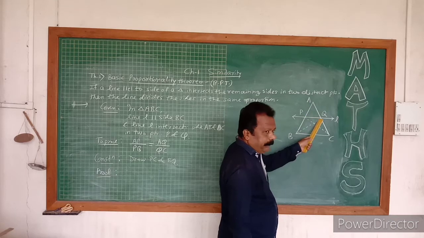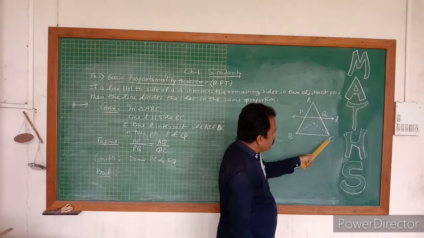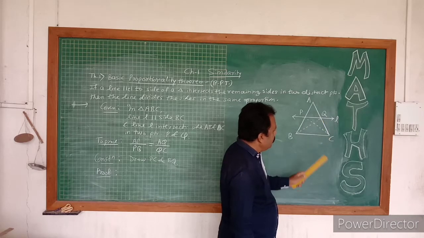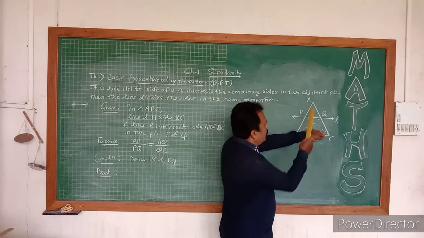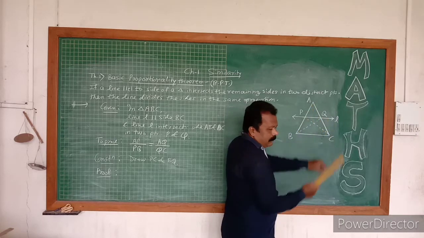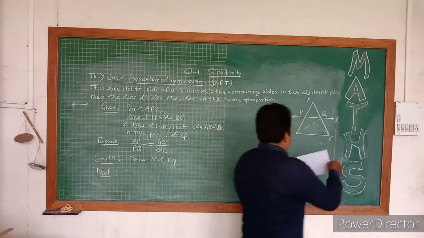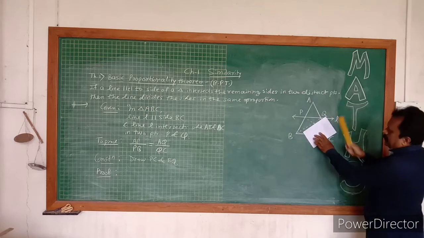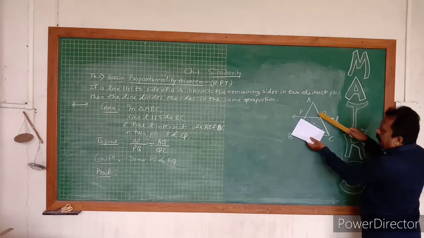This is the first triangle APQ. This is the second triangle BPQ. This is the third triangle BCQ. These 3 triangles you have to use. Suppose if you hide this, then APQ we can see properly, BPQ you can see properly. So I will put one paper on that, so you can understand properly. See, in triangle APQ and triangle BPQ. Why have I taken these 2 triangles? Why not these 1 and 3?